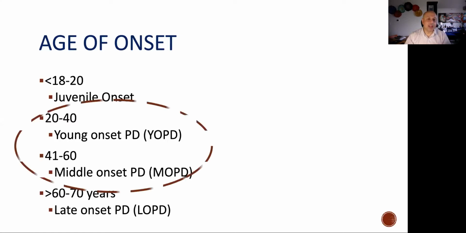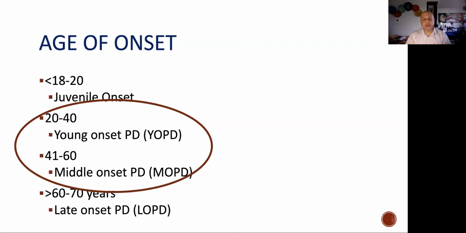proper classification. 18 to 20, juvenile onset. 20 to 40 and 41 to 60 are young onset and middle onset Parkinson's disease, and over 60, greater than 60 to 70 is late onset. This is age. There's obviously an overlap. It's a bell curve. These are not discrete, this is not discrete data. So there is going to be overlap,